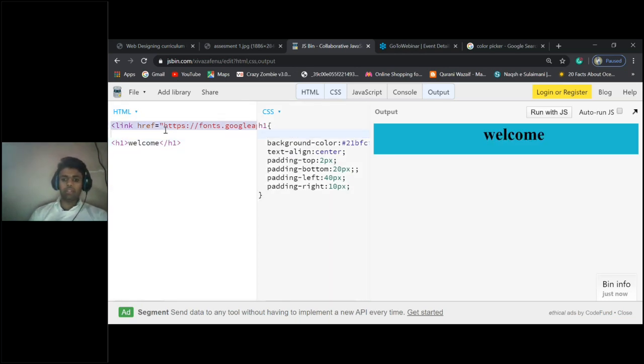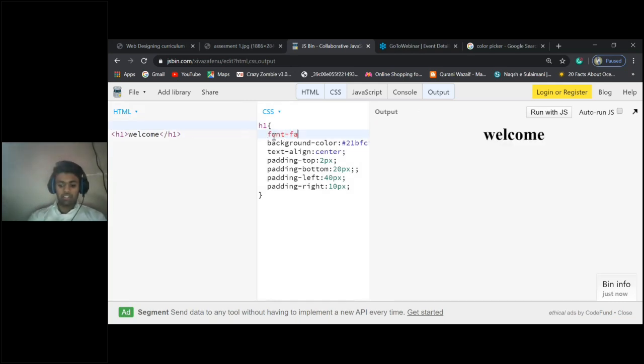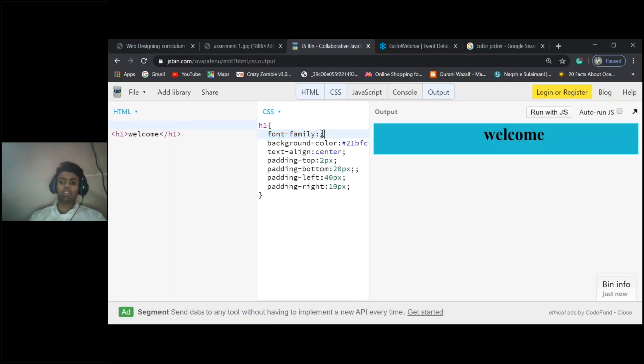we have a special property with us that is called font family. Font family is nothing but you can just put your name here. Like in Word also you have fonts, you can change any of the fonts here. You can just put the font family name here. For example, I want Arial, I want Georgia. If I'm changing the font family name here, the font changes. Let me change this to Georgia. See, font family changes. If I want Helvetica,